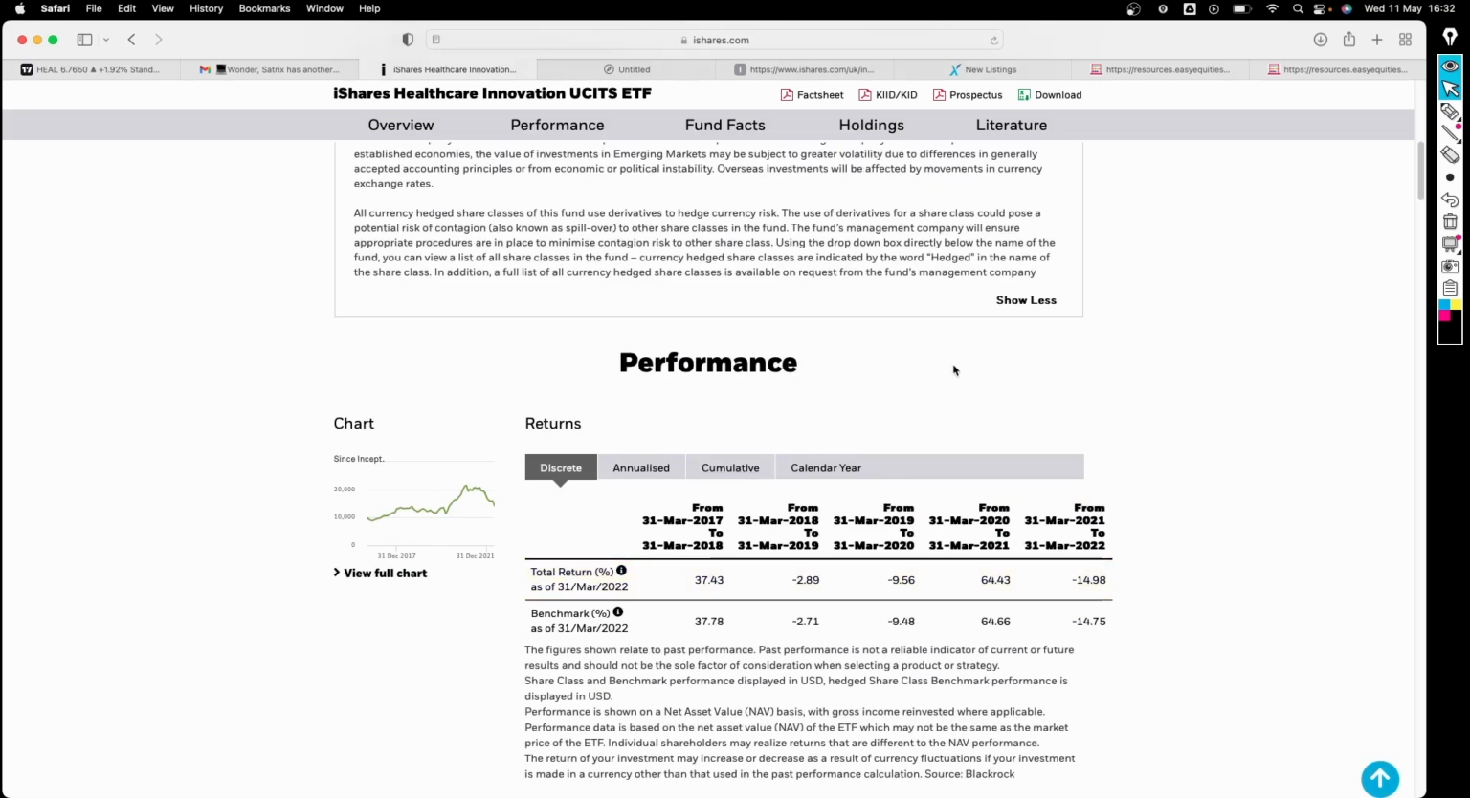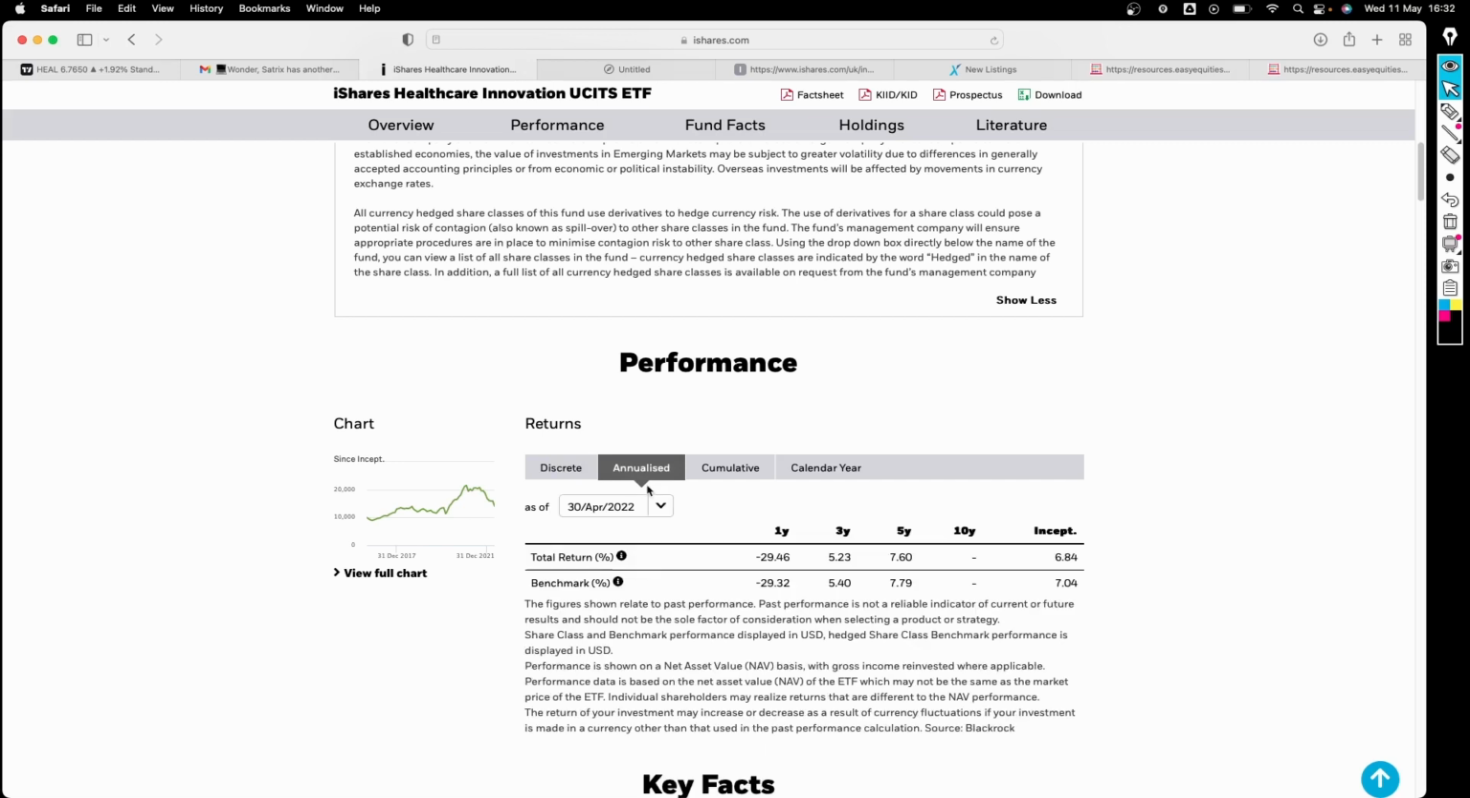The performance, I wouldn't dwell much on the performance of the ETF. It's still an IPO for investors that will be buying this ETF either on the Satrix platform or on equities. But here you can see the performance since inception, which was somewhere around 2016. The data that they have is from 2017 going all the way to 2018, but they have it in segments. If you look at the annualized performance there, we can see since inception the total return